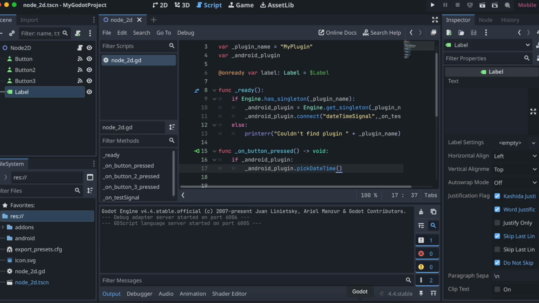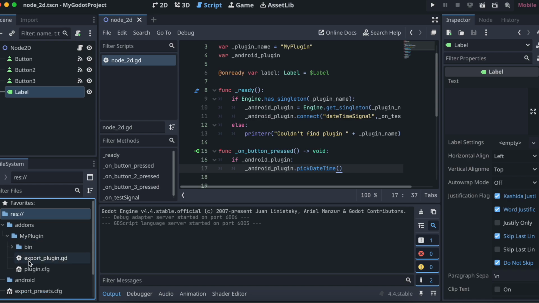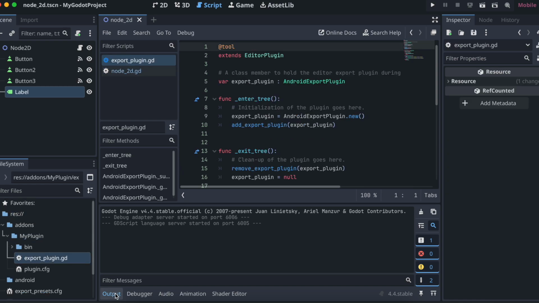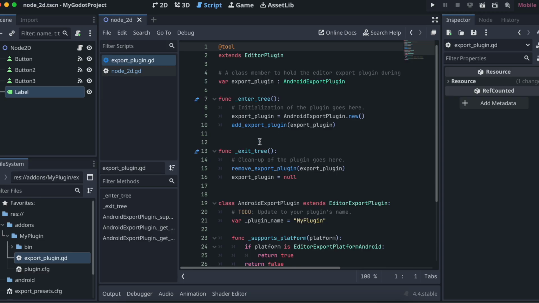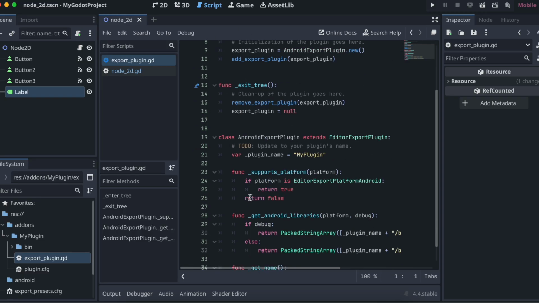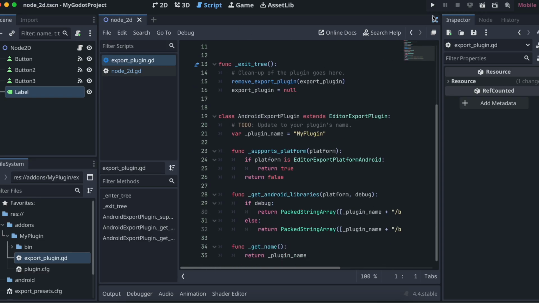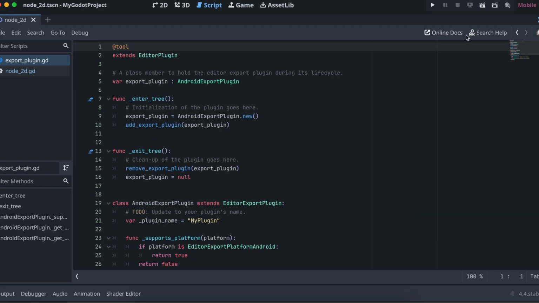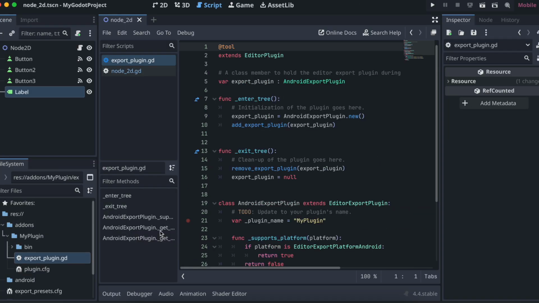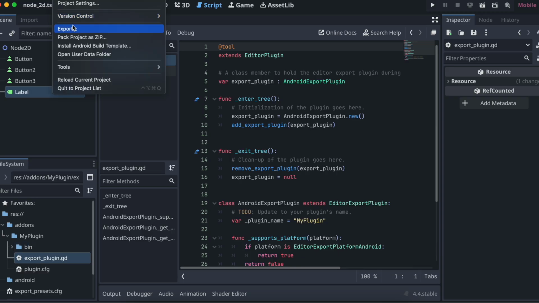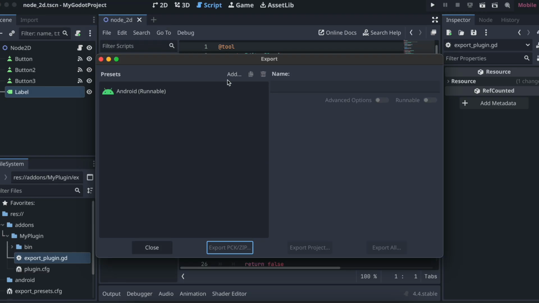Now you can open Godot Game Engine, open this add-ons, my plugins, and open this export underscore plugin.gd, and Godot will automatically tell you if there is any indentation error. So maybe you can fix that particular part if it is showing you an error. If not, ignore. Then you will have to go to project, export, and here you will have to click